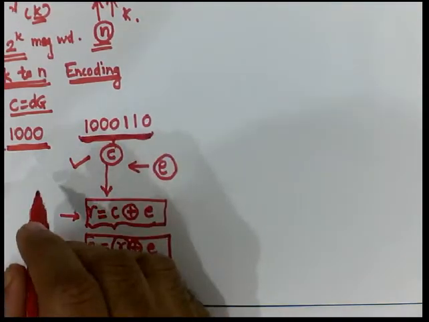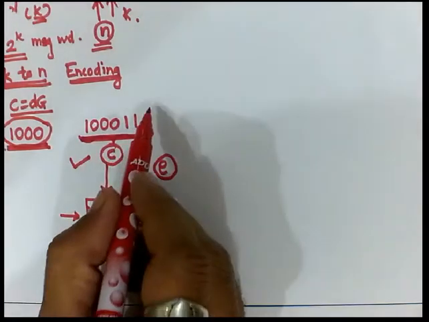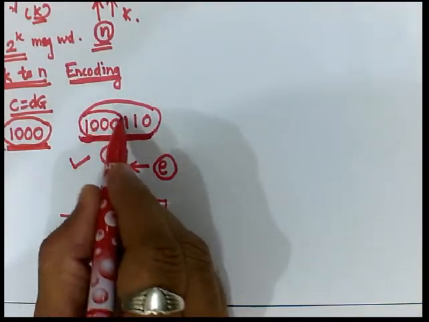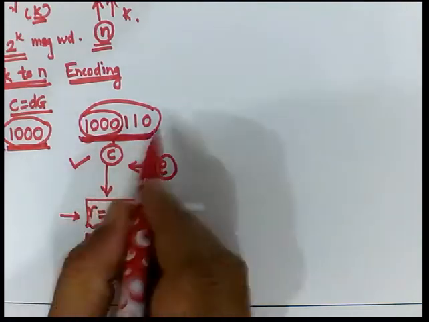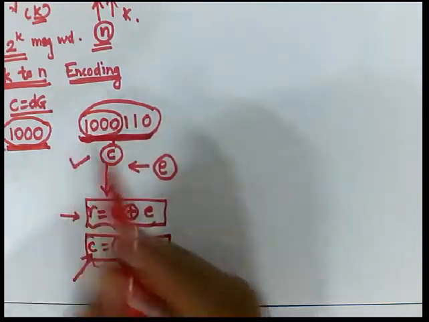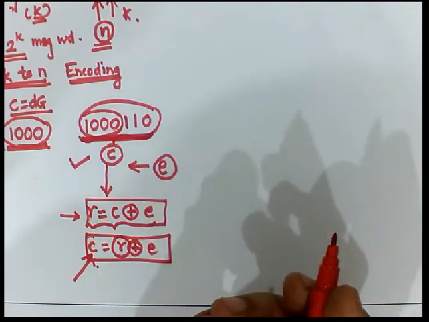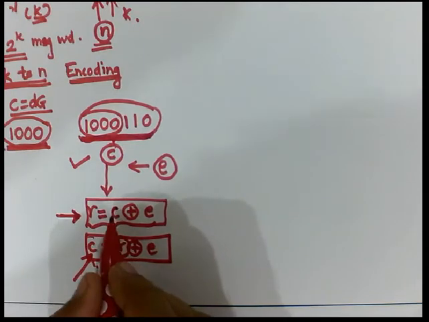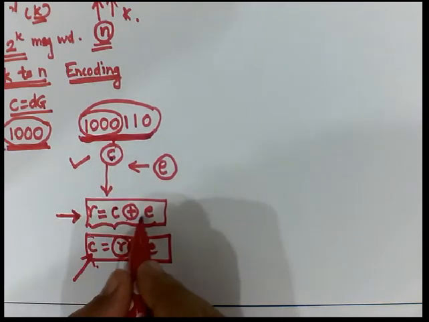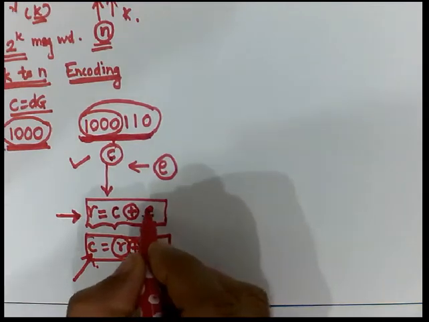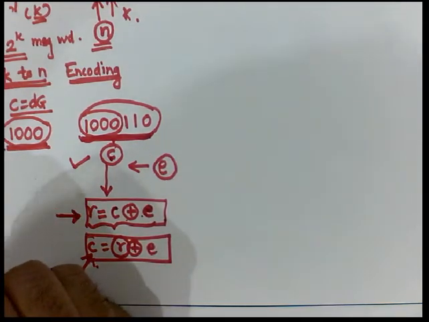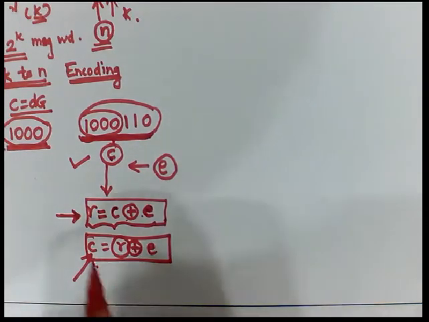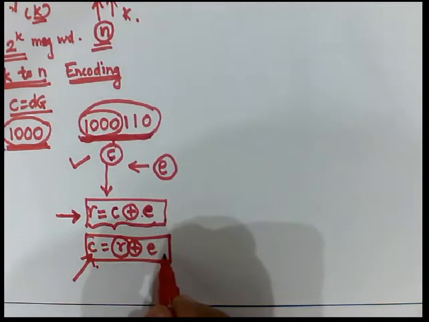For this message word, this code word has been transmitted, in which the first 4 bits are the message word. Remaining 3 bits are nothing but the parity bits, also called redundant bits. So what is received is something like this, where the transmitted code word has been XORed with E, that is the error. Similarly, one may write it interchangeably as C is equal to R XOR E.